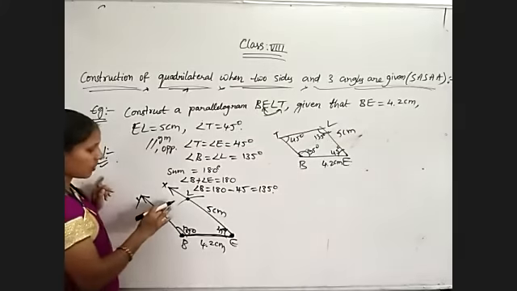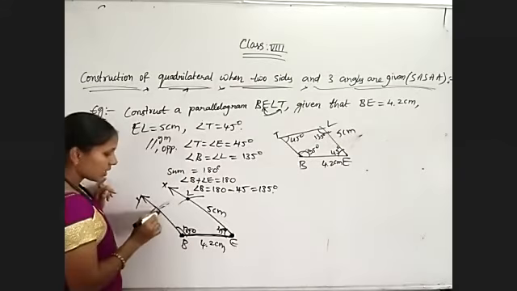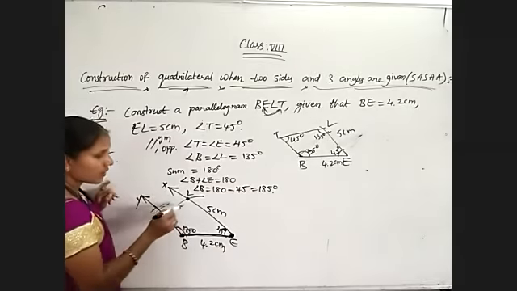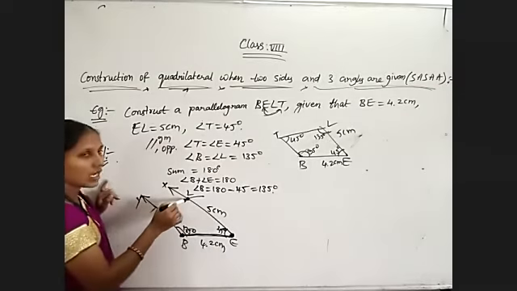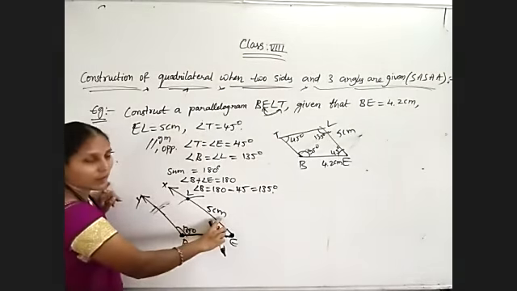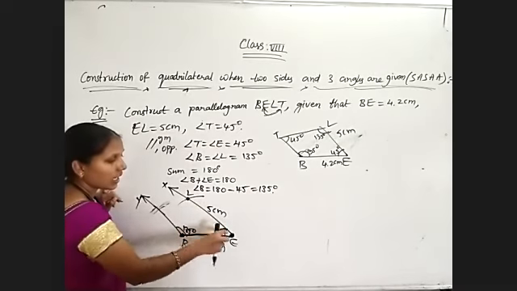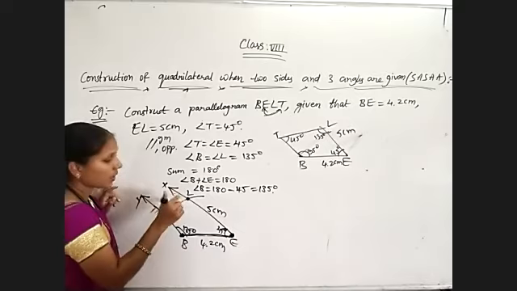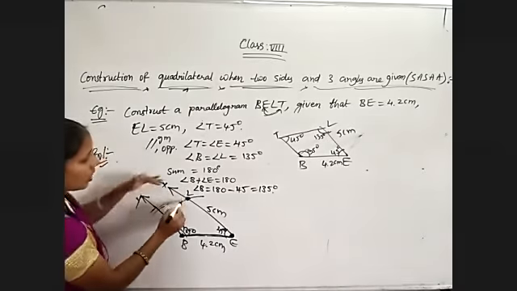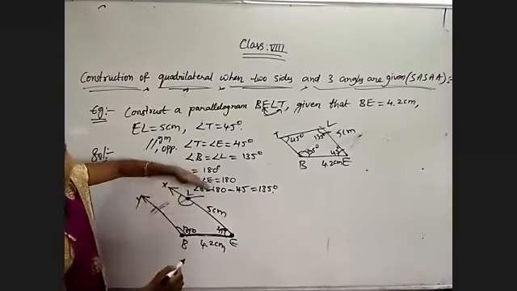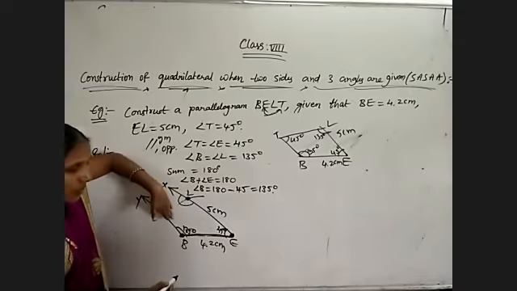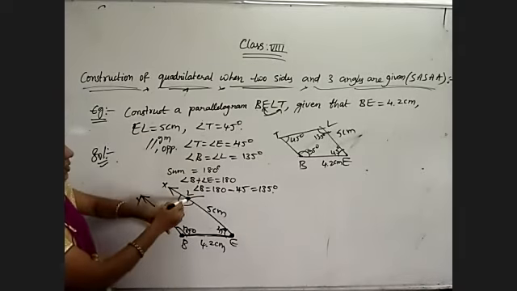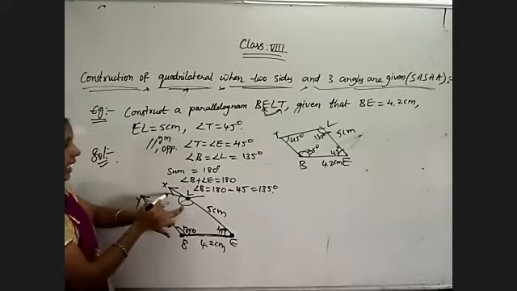Like this also we can do, but we need to use side, angle, side, angle, angle. So here, the point we already found, L, by using the given measurements BE and EL and angle E, we found the L value first. So place the protractor at L. Now you need to set the protractor on this side. So set the protractor at L, and what is the angle L measurement? 135. So construct 135. You will get it like this.